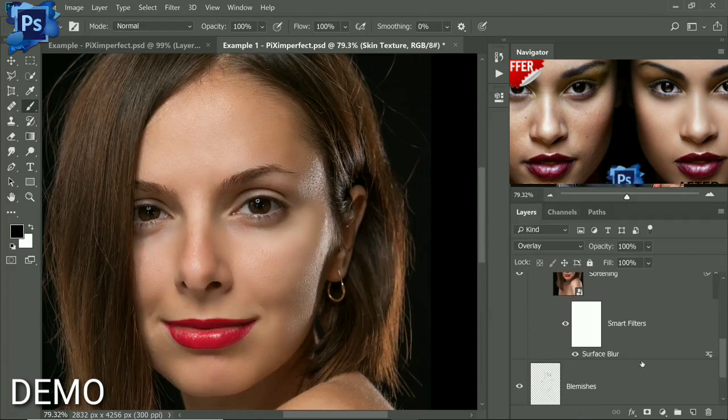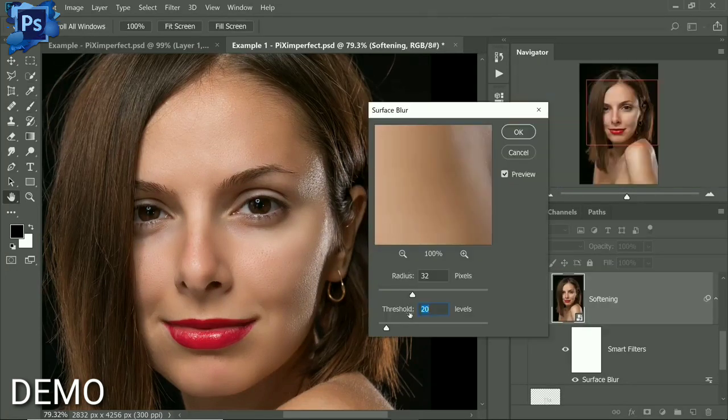If you want to play with softening, just double click on the surface blur and you can play with the radius and the threshold. So the threshold was set right. You don't have to change it so much, but radius is something you might have to play with. So if you want more softening, you would increase the radius. If you want less of a softening, you would decrease the radius. See, less softening,